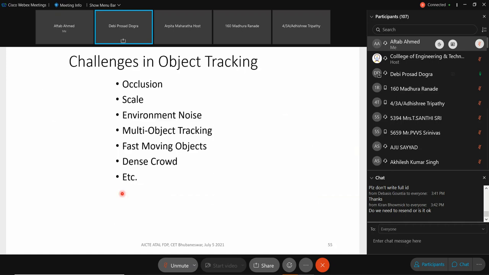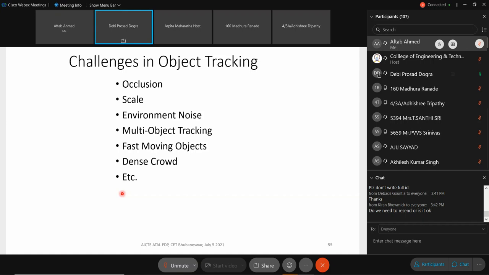So what I have shown you in the last slide is basically a depiction. Now there are certain challenges in object tracking. You can face scenarios like occlusion. It can be scale: some object is present very close to the camera, some object is present far away from the camera. It can be environment noise. I mean to say the lighting change,